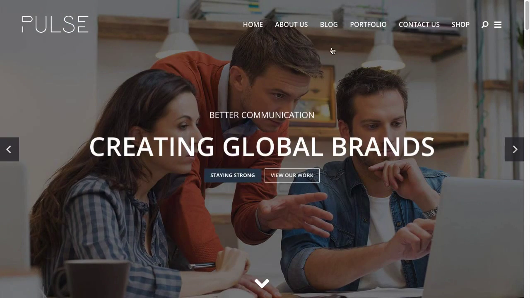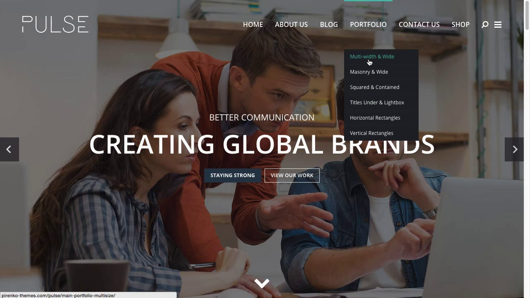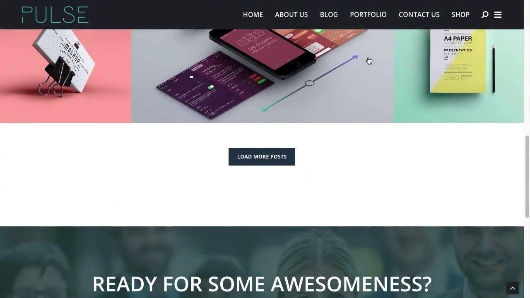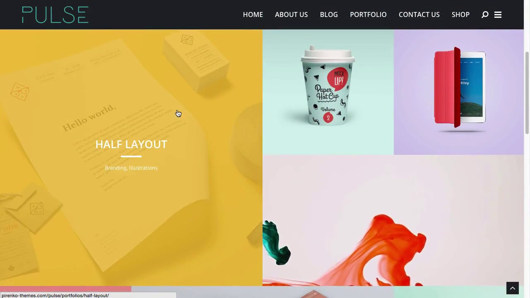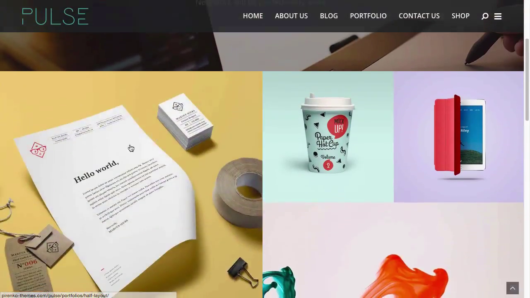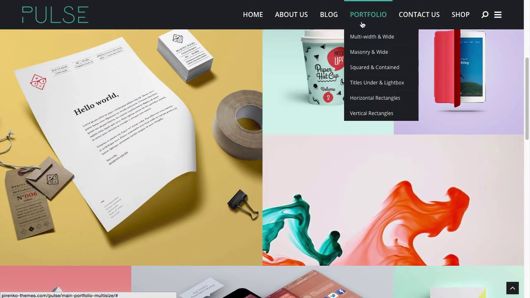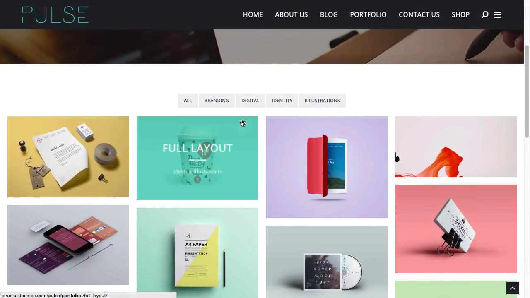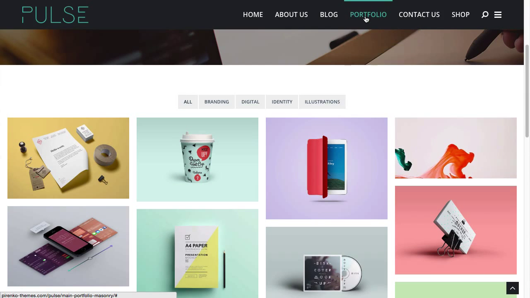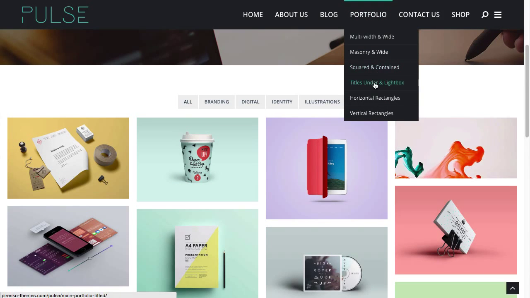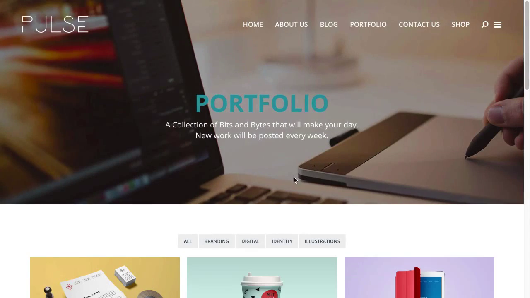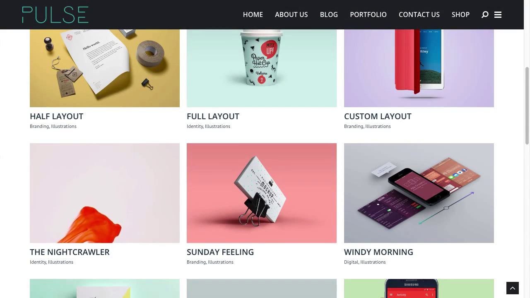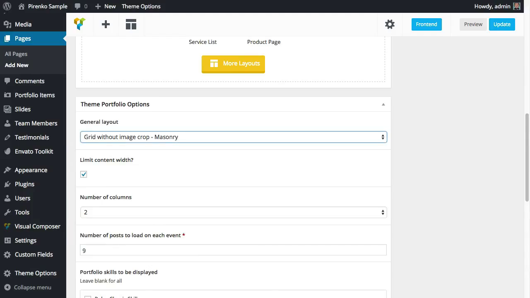And if you want to see the different options that you have in terms of thumbnail shape, you can see it here on the main demo on all these portfolio pages. For instance, this is the multi-width layout, which has thumbnails with different widths. Then you have here a masonry layout where the images' relative proportions are respected, and you also have here squares with titles under and opening a lightbox. So in terms of grid and how the thumbnails are displayed, you have all these options here, and then